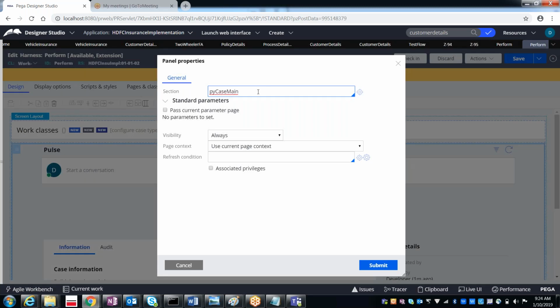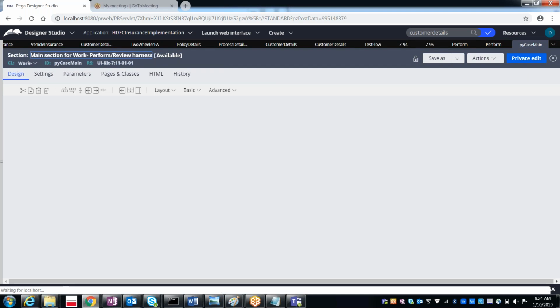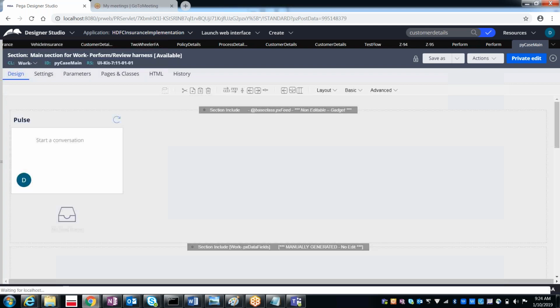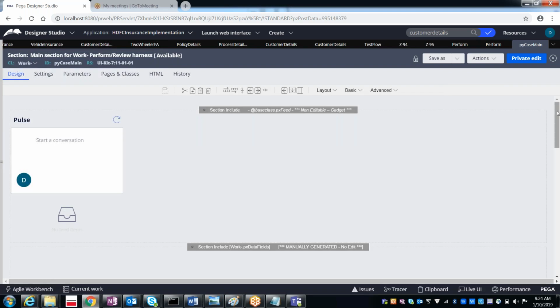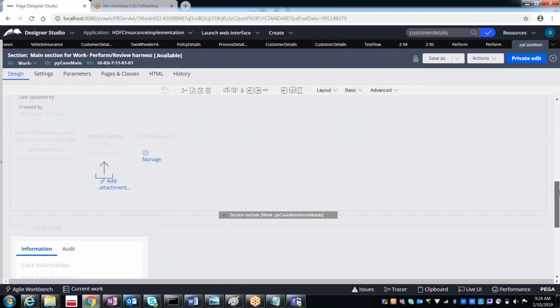This is referring to the py case main section, which contains all these small sections again. So these are all the things we have.